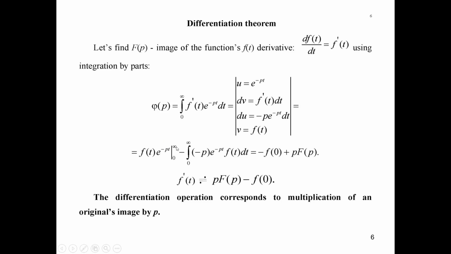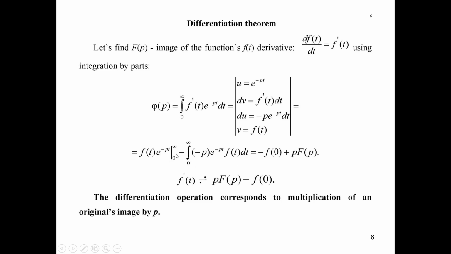When we substitute infinity here, this part will tend to 0. So it will be 0 for the upper limit, and for the lower limit we will have e to the 0 degree, it's 1, and phi from t at t equal to 0, it will be phi from 0,